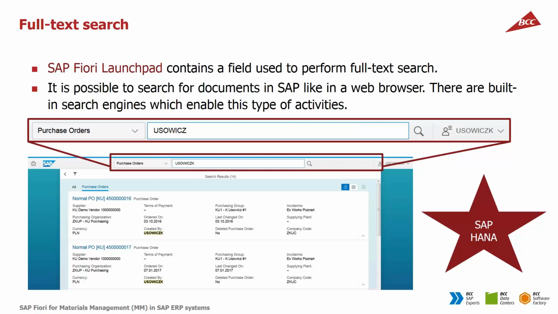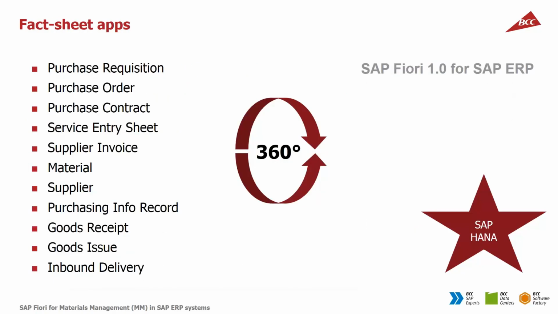So when the search results are displayed on a screen, as you can see in the picture, there are purchase orders. When you click the link to the purchase order, the system will start a so-called fact sheet app. The fact sheet apps are the apps that show some key information about the particular document. There are some general information and there are references to other connected documents, such as goods receipts for POs or